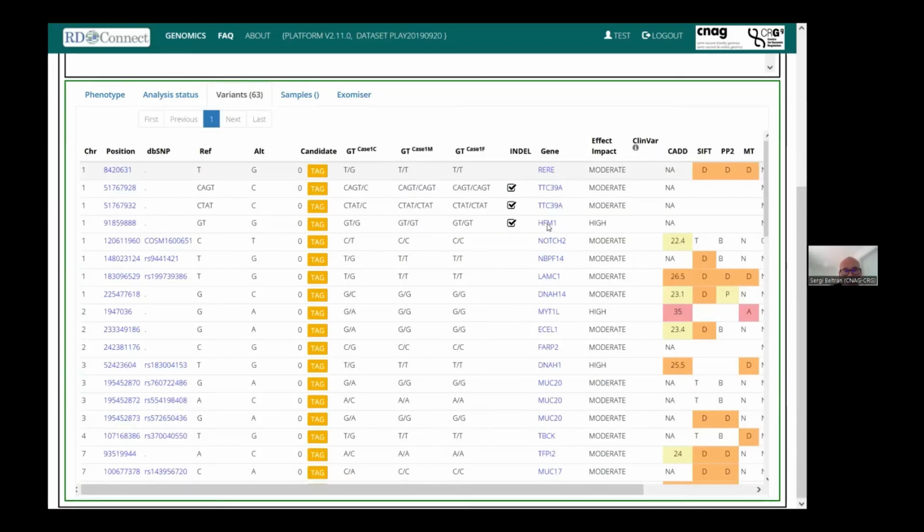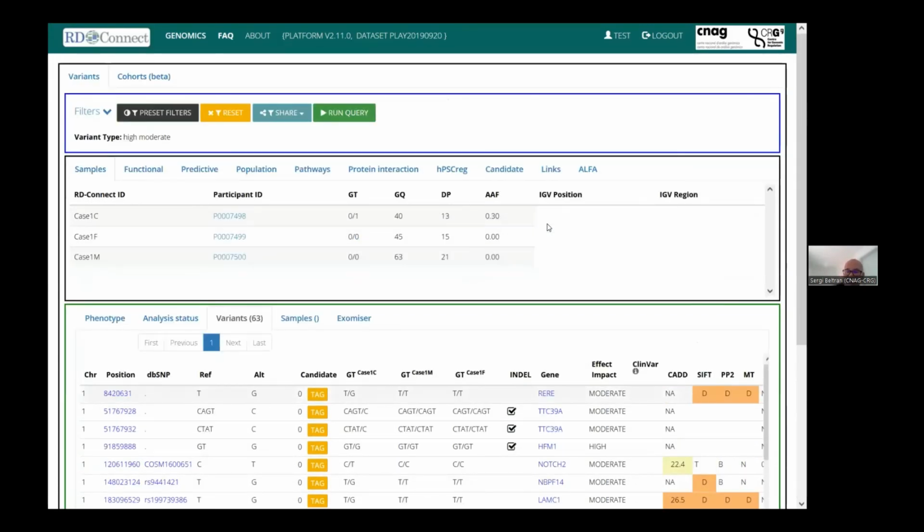And now we already went down to 63 variants. So we have reduced the number of positions a lot, because there are very few effects that might be deleterious. And remember that here we're looking at alternate positions, and maybe some of them only have an effect if they are in a homozygous state.